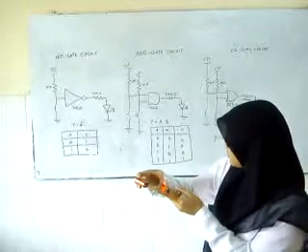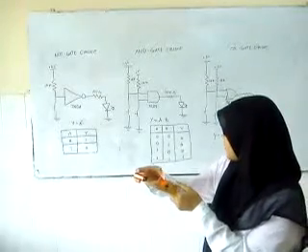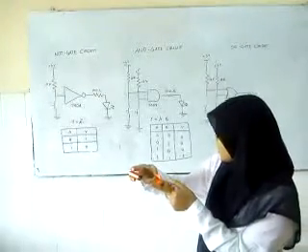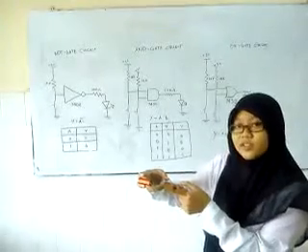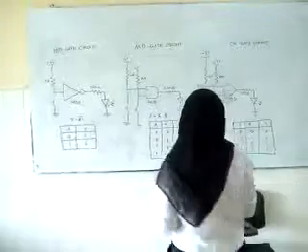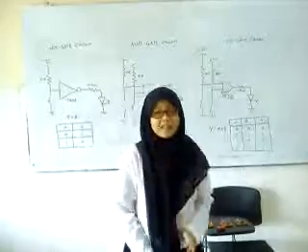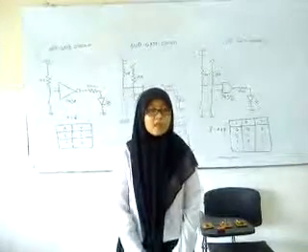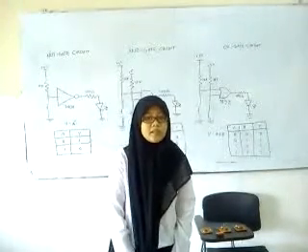After that, I want to explain AND gates. It is a logic gate consisting of 2 or more inputs and only one output. The AND gate output will be high only if all inputs are high. And if one or more inputs are logic low, the output will be low. The Boolean algebra equation of the AND gate is Y equals A dot B. In Boolean algebra operations, the AND gate is marked with a dot.